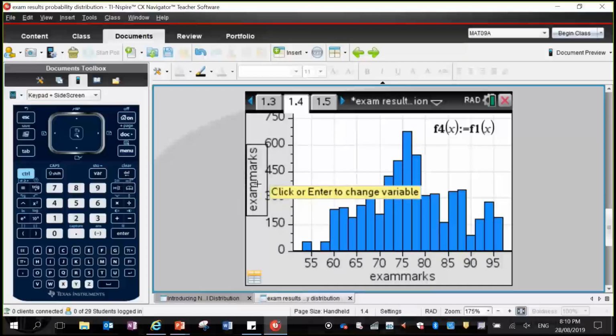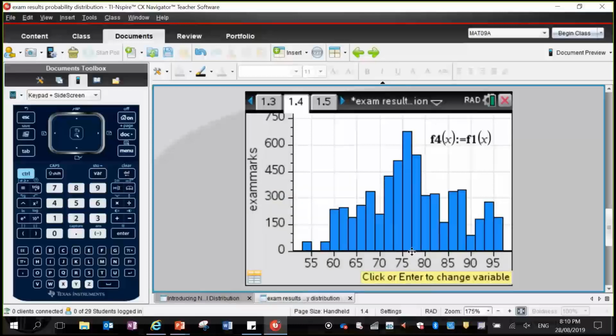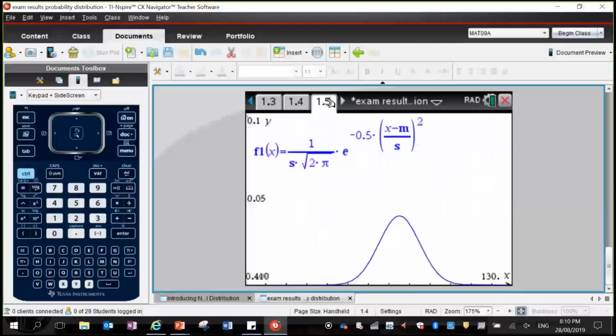Because I've got exam marks on here, my function is actually on here. I would have to zoom right down. So what we need to change with that, this needs to be the probability here, which is a bit harder to do because we've got raw data, we need to tabulate it to frequency. But what we can do here, and this is what I really like to do, and again, move away from the students having to do lots of Z-score calculations and look at reading tables, is on the graph page, when we've entered in our data, we've got our mean, our standard deviation,